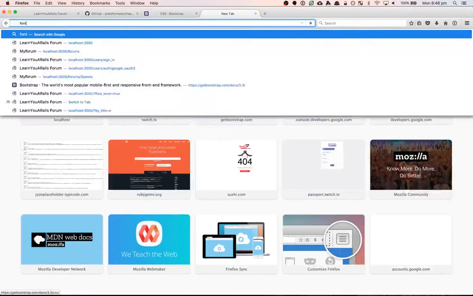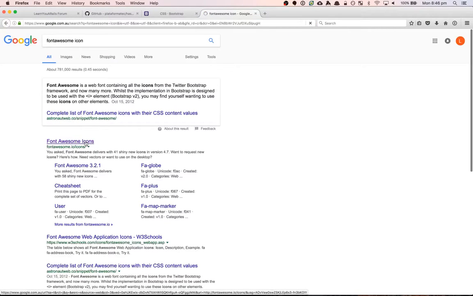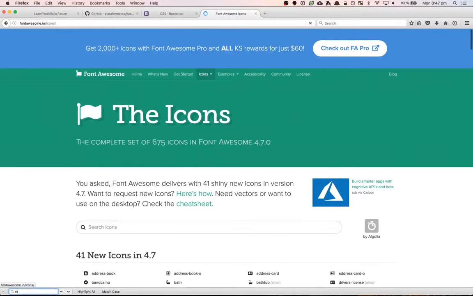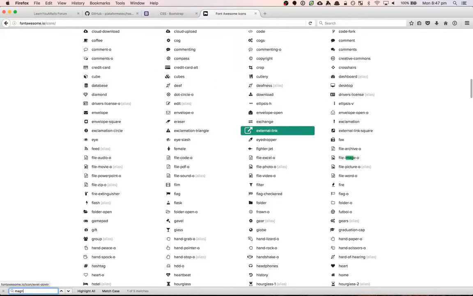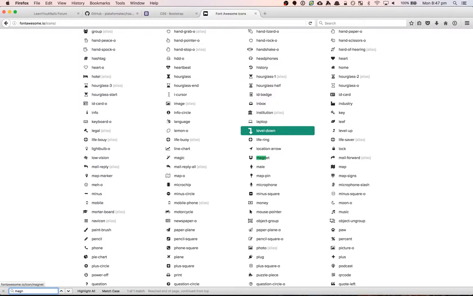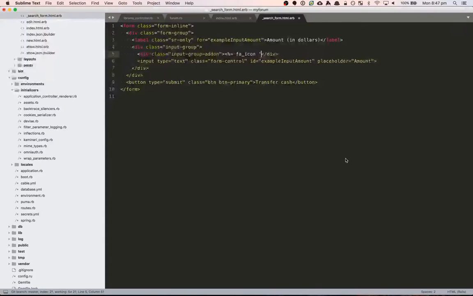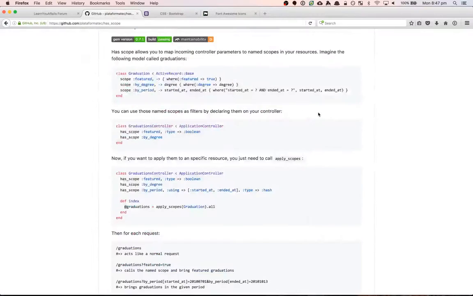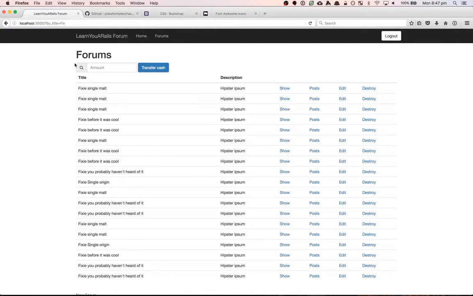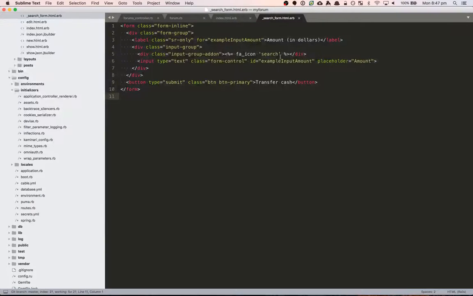What's the Font Awesome icon for magnifying? I think it's mag, probably. Let's check it out. Let's find out what it is. Is it called search? Yeah, search will do. Pretty sure it's just something like this. Yep, cool. And then we change the placeholder to be